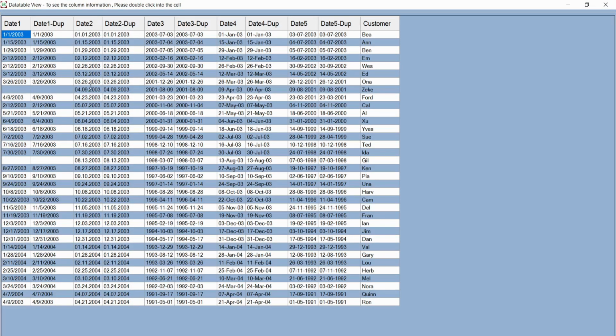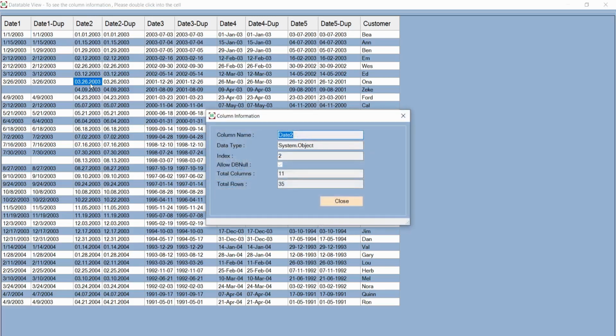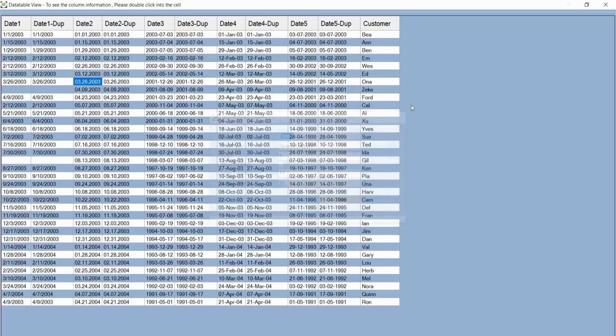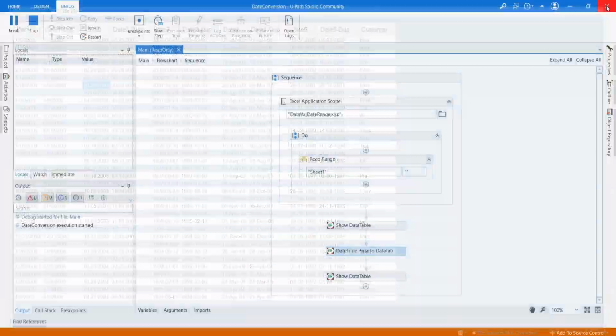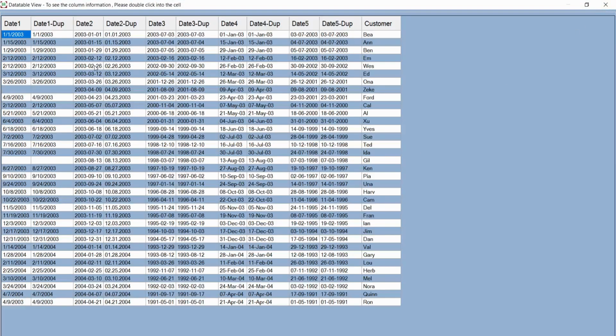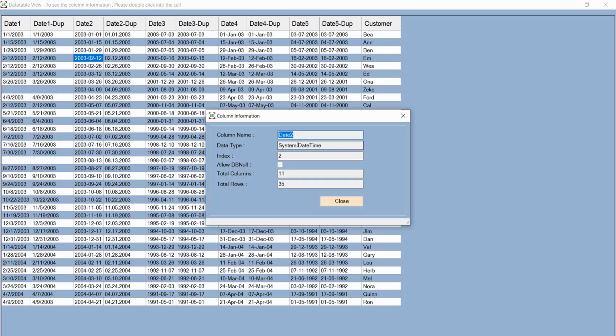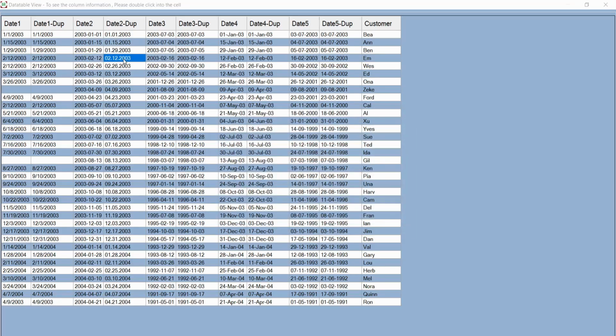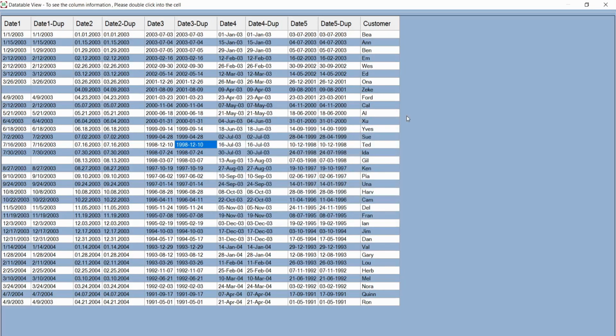The second, now, this is before the conversion. Okay, we will see after the conversion. You can see it's changed. The format is changed: year, month, date. When you double click here, it is date and time. Okay, and the duplication column, see, it is an object, and the values are the same, but the format has been changed. So this is the way you can change the column data type.